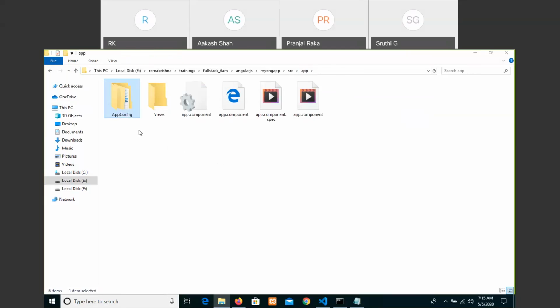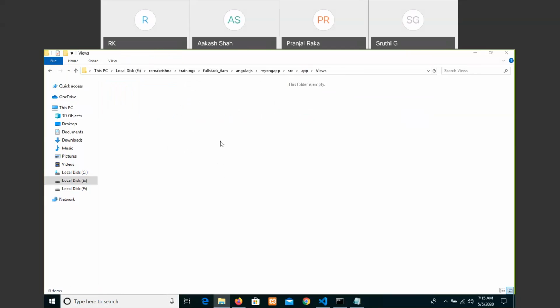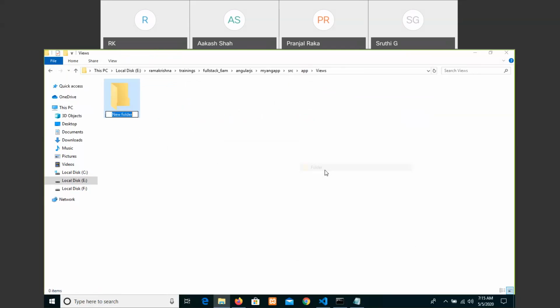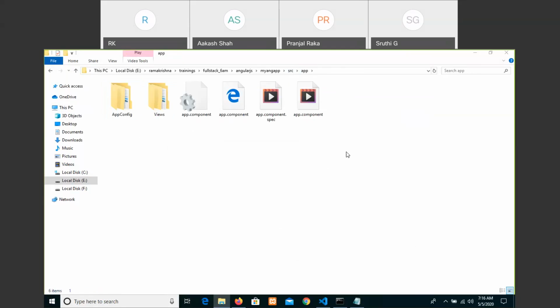Then in the views folder, let us create a folder which is home page or something else, because it's the first page right now. So we can say home component or whatever you want. Then make these files here.